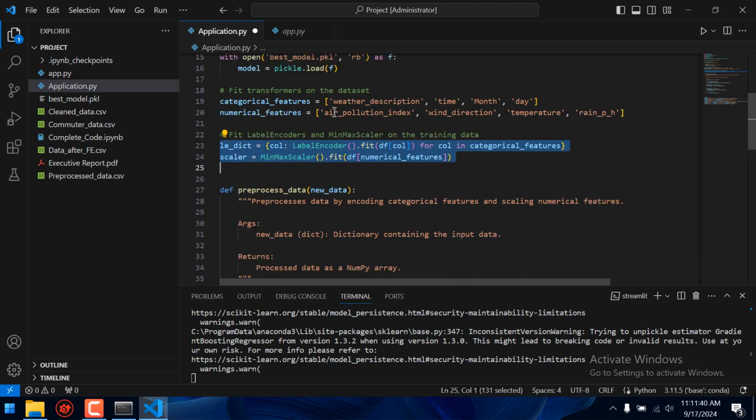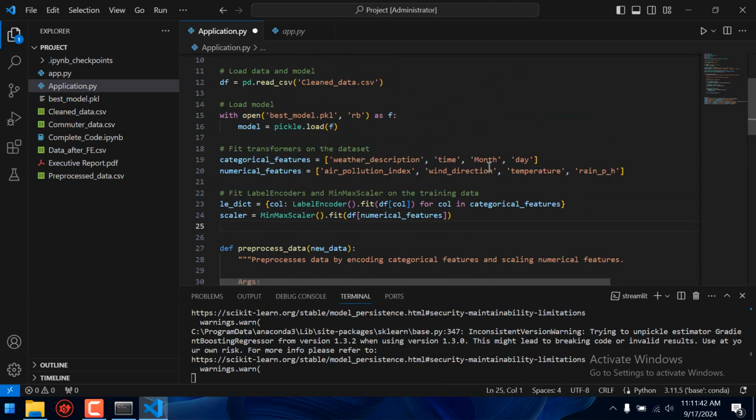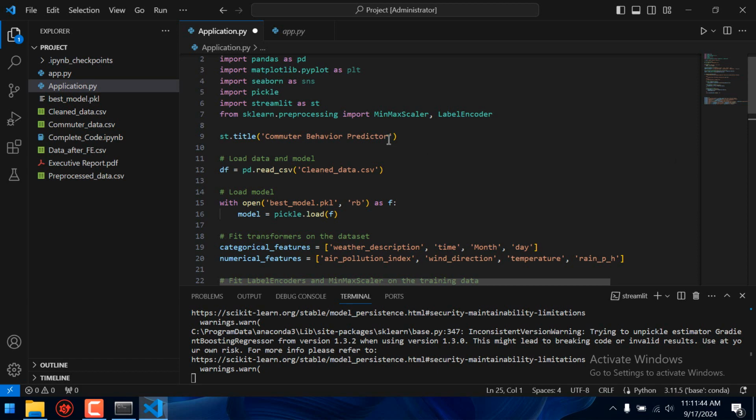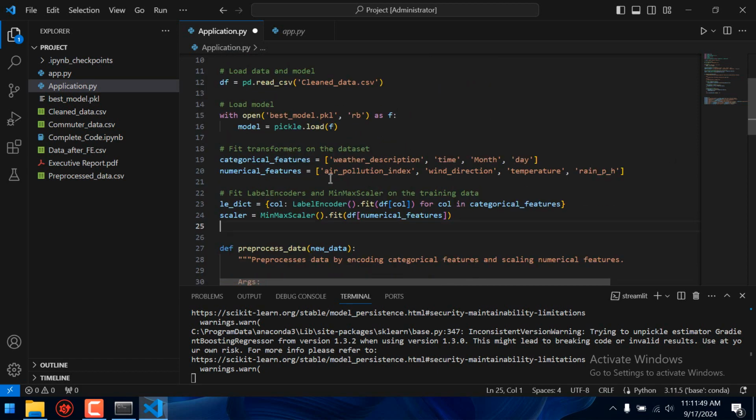If you are confused, I will try to recap and start this project again. First of all, I import the CSV file. In that CSV file, I separate the categorical variables and numerical features. After that, I create two variables. With these two variables, I transform the categorical features into encoded values, and I also perform scaling on the numerical features.